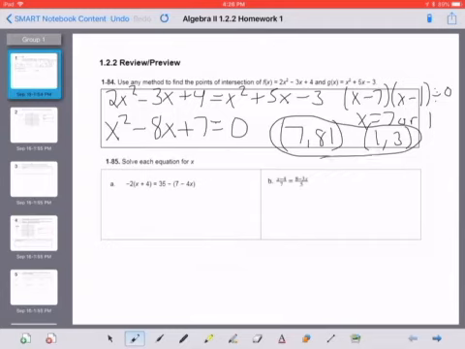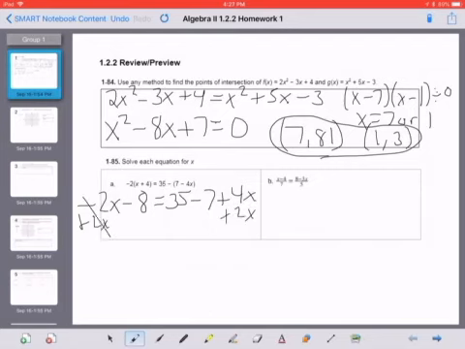Problem 85 asks you to solve each equation for x. For the first one, I have to do a little distributing. So I'm going to get negative 2x minus 8 equals 35 minus 7 plus 4x. So then I'm going to combine 35 and 7, and I'm going to add 2x to both sides. I'm going to add 2x to both sides, and I'm going to get a negative 8 equals 35 minus 7. It's going to be 28